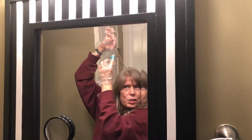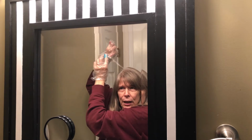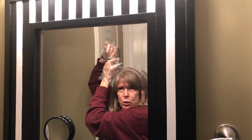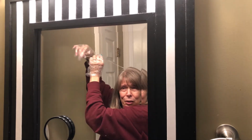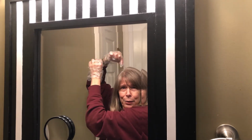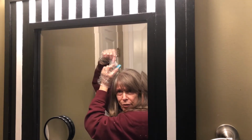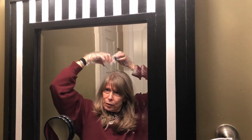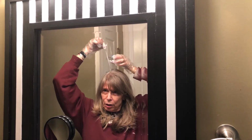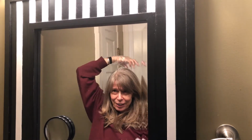Now, they did suggest using the spatula that they provide to put onto the fingertip for more precision. I don't know. I just think it takes long. I hope this comes out okay and I'm not embarrassed to go out anywhere. Now, when I go to the hairdresser and have it done professionally, I get kind of bold with the blonde and I go chunkier, and I really love it chunky. But since I'm not a professional and I have no idea what this is going to look like when it's